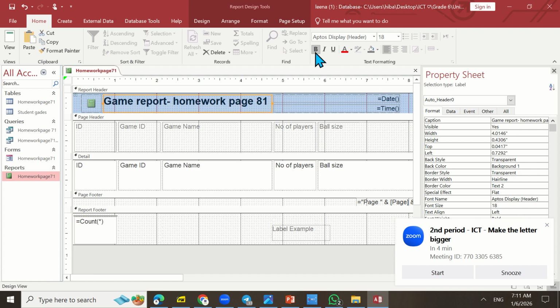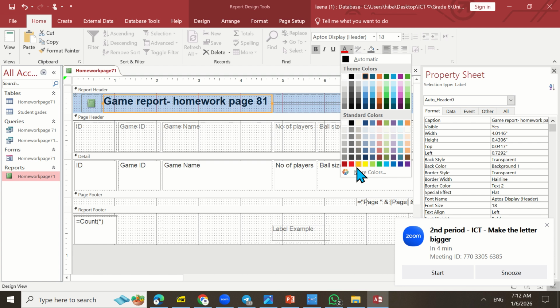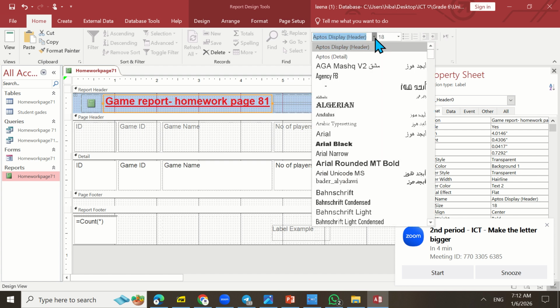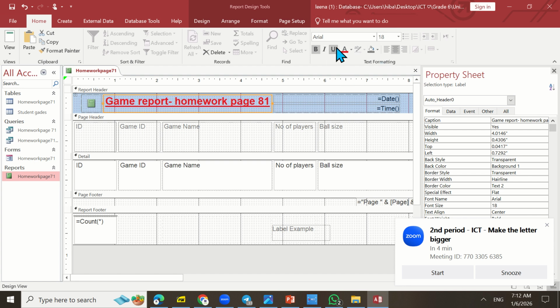Go to the Home tab and you can format your text. You can make it bold. You can change the text color. You can center it. You can add underline. I can also change the font type. It's already header type, so it's done automatically, but I can make it Arial, no problem. So that's it. Text alignment,